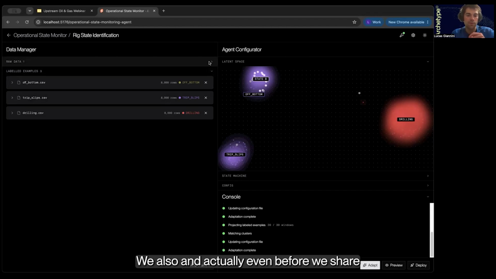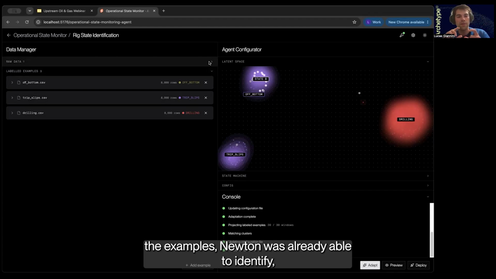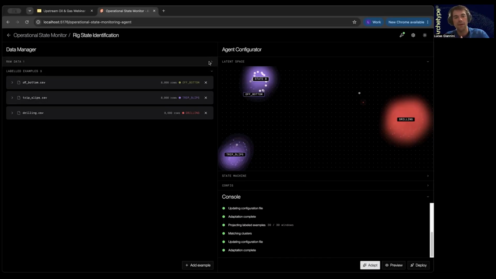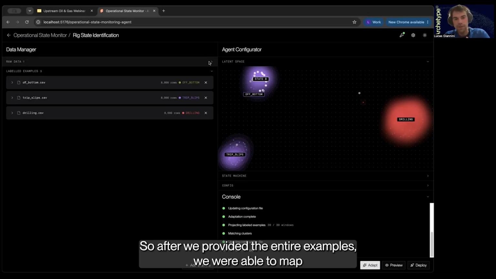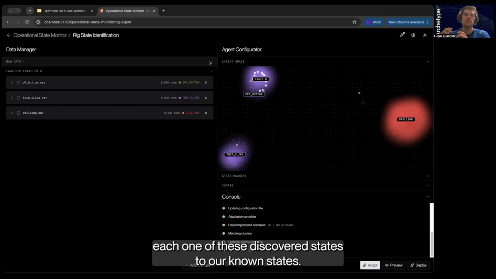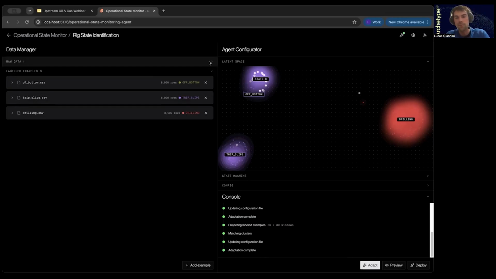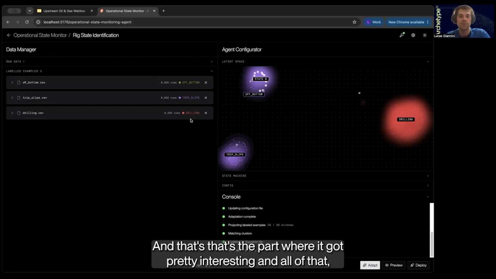Even before we shared the labeled examples, Newton was already able to identify some existing states, right? The thing is, we didn't know what they were. So after we provided labeled examples, we were able to map each one of these discovered states to our known states, right? And that's the part where it got pretty interesting.